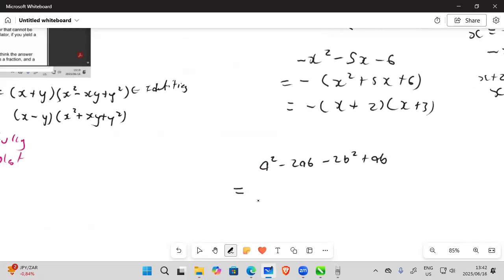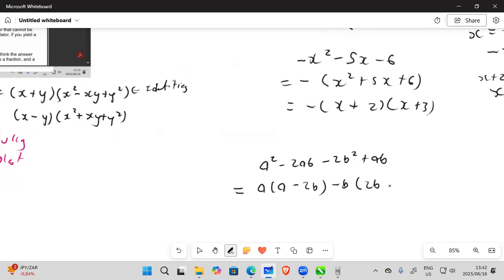If you solve this here, again, I can't take out an HCF. So I have to go to, there's 4 terms, so I have to use factoring by grouping, work with the first 2 terms, work with the second 2 terms. So I'll have a into a minus 2b, right? And here I'll have minus b into